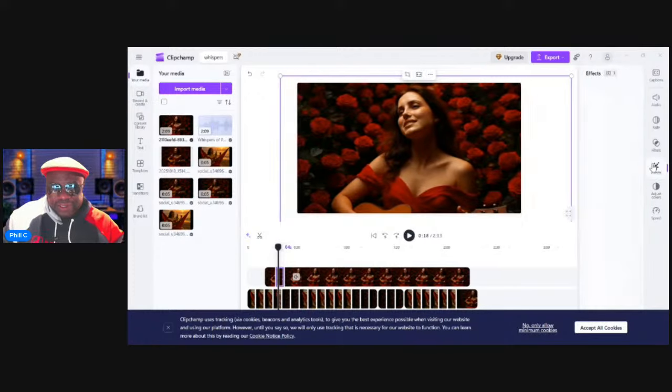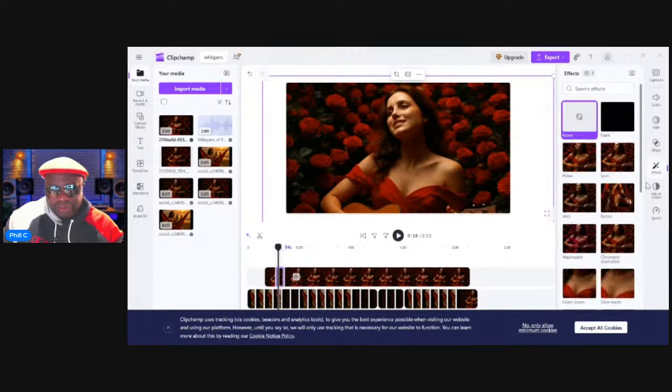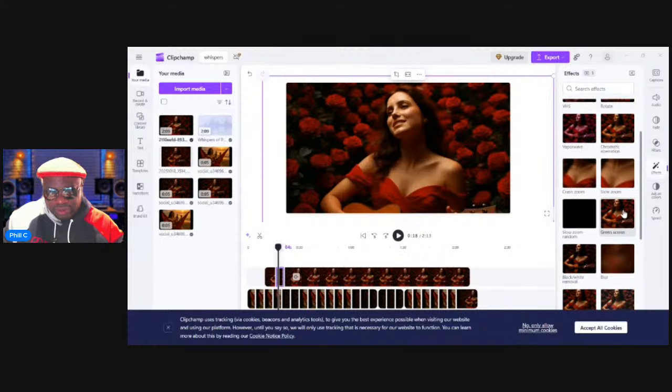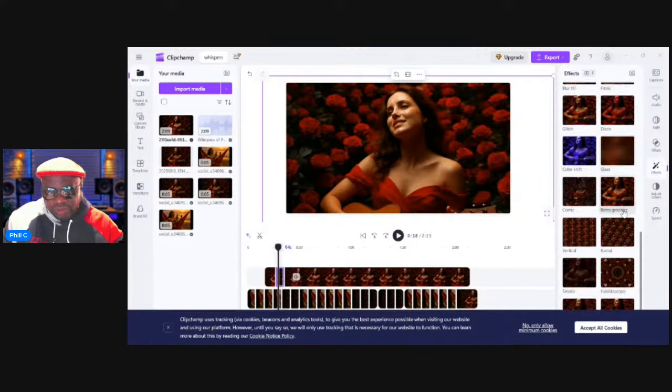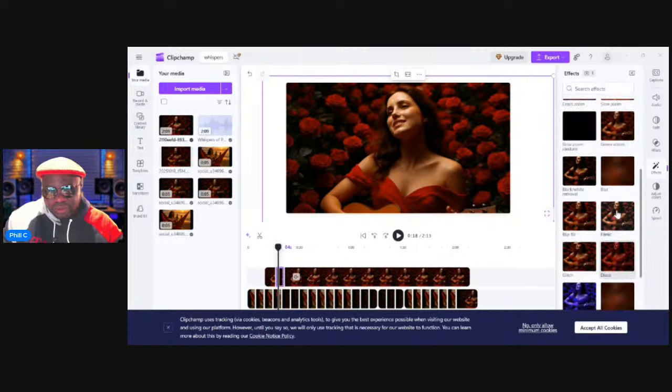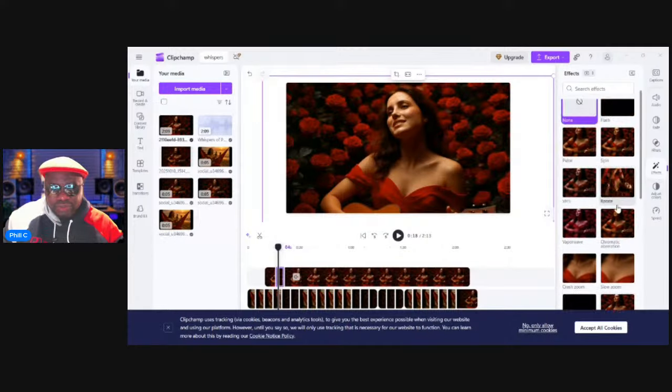Under effects, you could use things like zoom. You can find it. Slow zoom could be something you use.